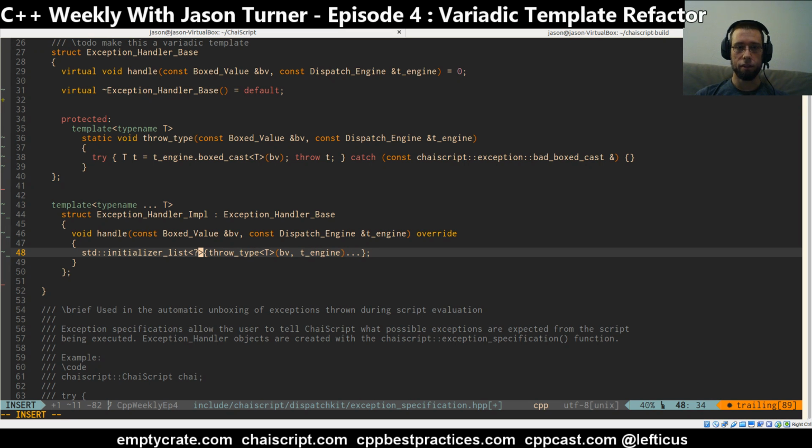And what we can see is that we actually want to take a little trick here that I learned from other people and say we want to take an integer, and we want to do an expansion of the evaluation of our throw type of T with the boxed value and the engine, comma 0, and then expand that with the variadic template expansion. This comma expression right here